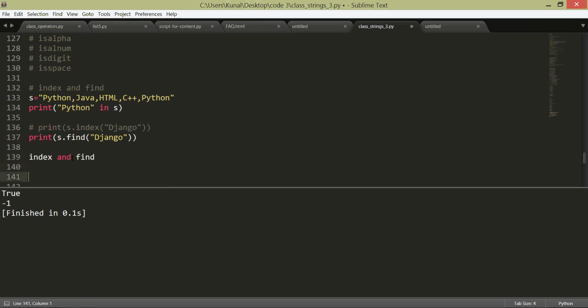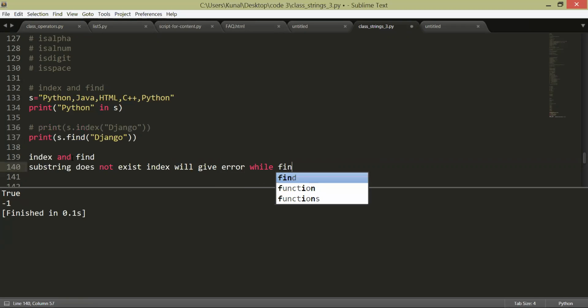If my substring does not exist, my index will throw an error, while my find function